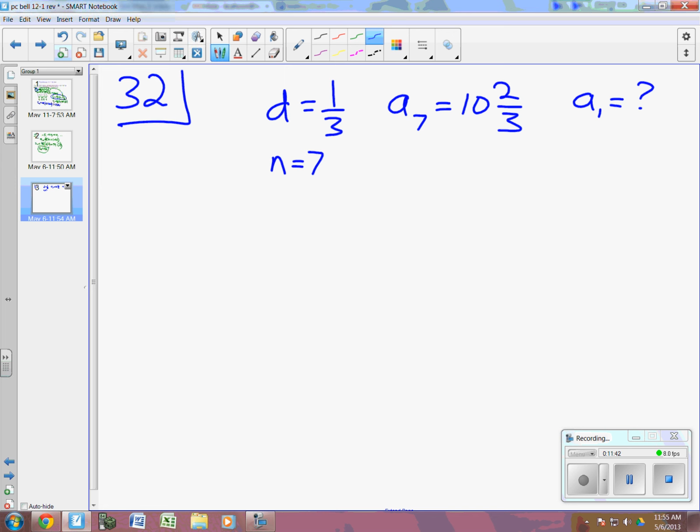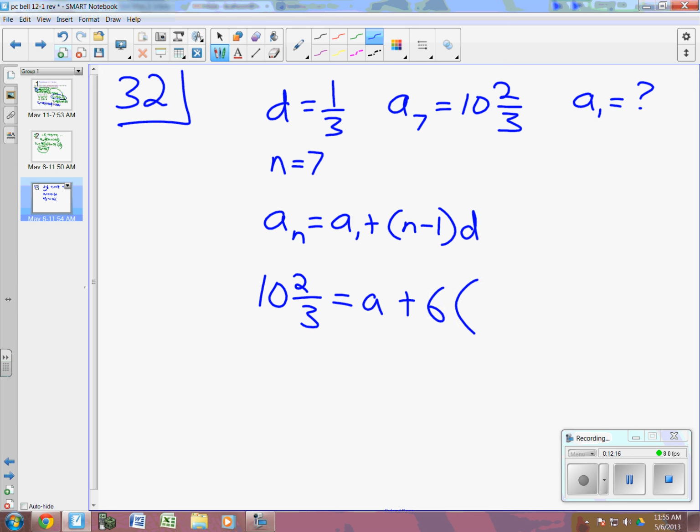So we can take this a sub n formula equals a sub 1 plus n minus 1 times d. And we're just going to plug in what we know. Do I know a sub 7? A sub 7 is 10 and 2/3, right? I know the 7th term. Do I know the first term? I do not. I'm just going to call that A. Do I know N? 7. Minus 1 is 6. Do I know D? 1/3. So I plug everything in. The only thing I don't know is,